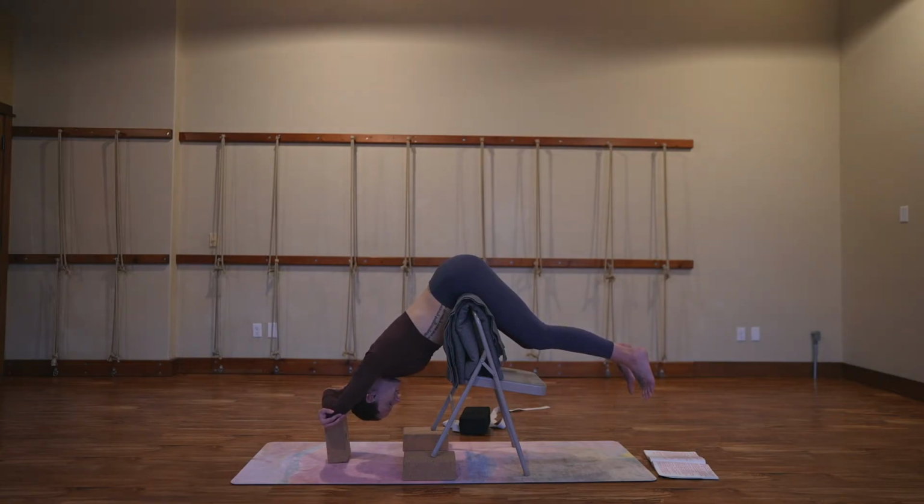And then I like to just find a good low belly breath here. There's so much expansiveness in the lower abdomen in this position, and you're so supported by the chair. So just breathe into the low belly. Good. And because I'm using a short chair, my elbows are going to come to the floor, but it's actually